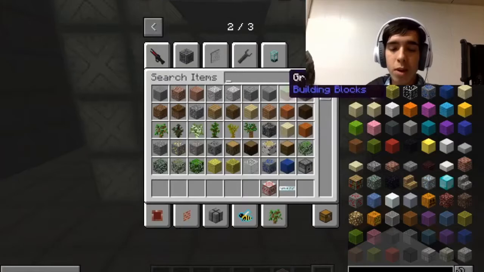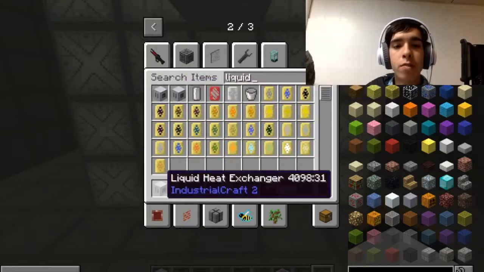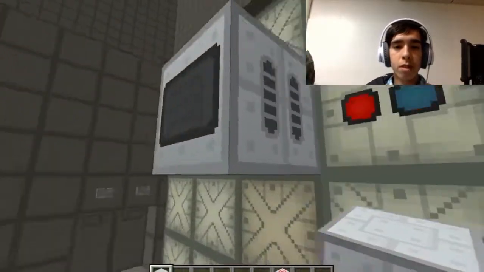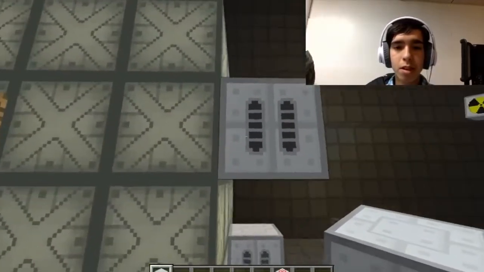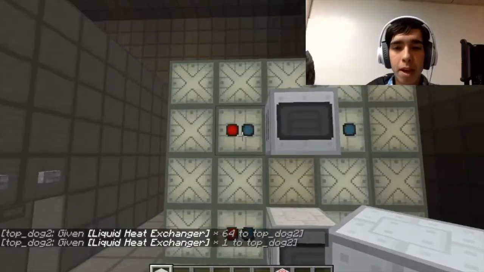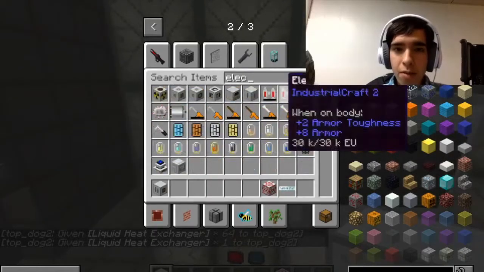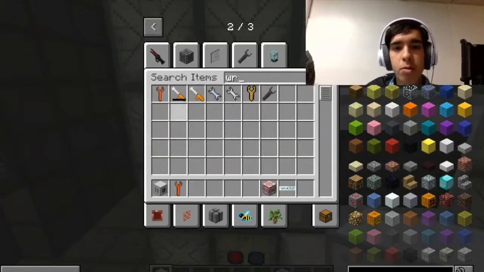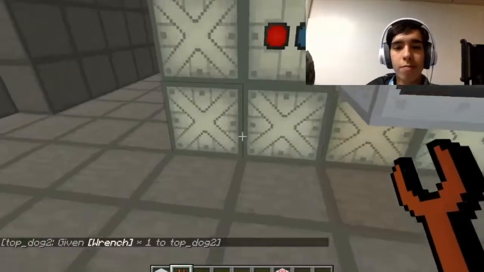So anyways, if we grab ourselves the liquid heat exchanger, that is what you're looking for. We're going to need 4 of those, and we need to make sure that the liquid, I believe, well, let me look at this again. Here, we'll place it down, and we'll grab a wrench. So if you grab yourself a wrench, the Industrial Craft 2 wrench, not the Buildcraft, it's an orange-looking one, and you click it, and, oh, I forgot, we need to...